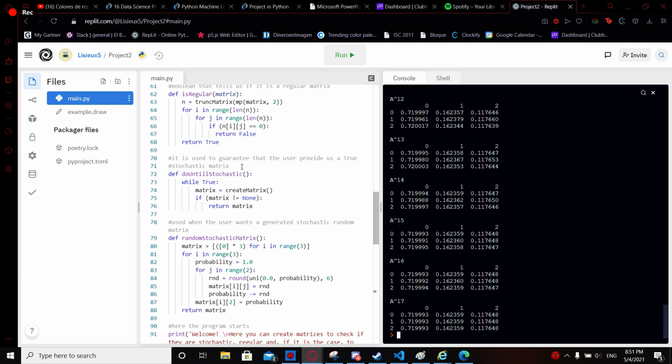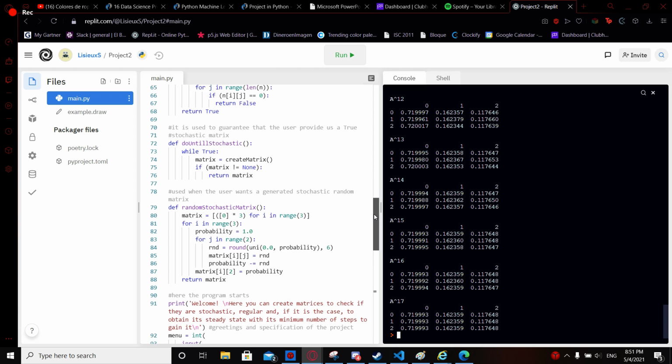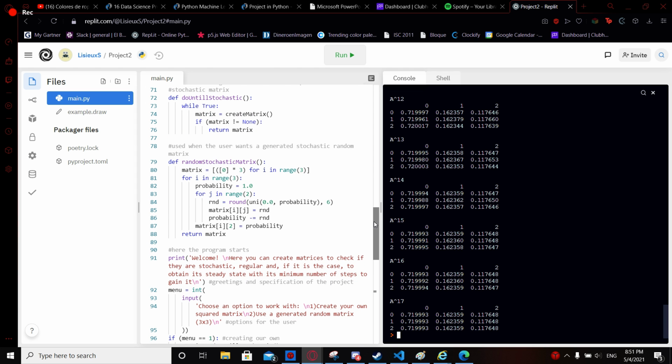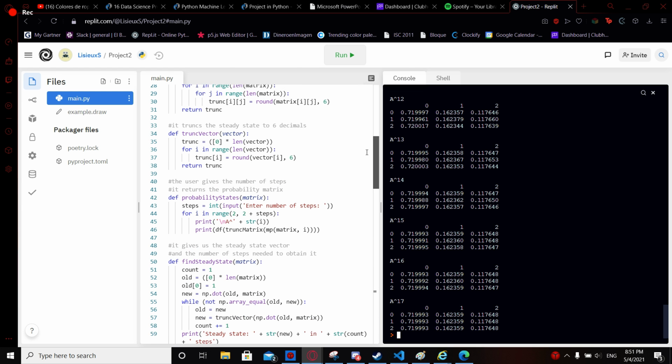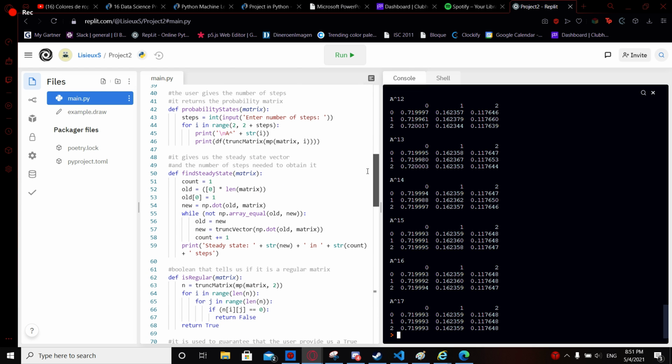This is a process where we ask the user to repeat the actions until we get the matrix that we need for this activity to run. And here is the function for our creation of random stochastic matrices. So if you have any questions, just please